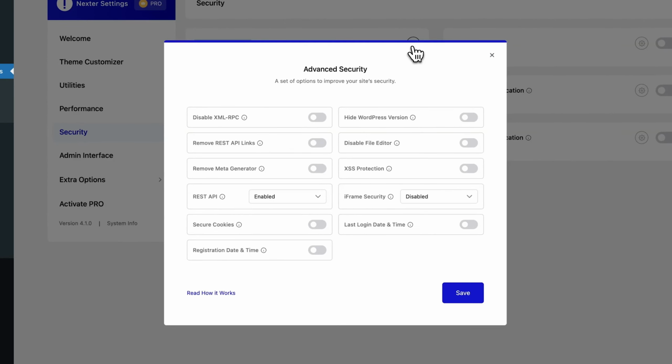Click this little gear icon next to advanced security and you will see a list of smart toggles that you can enable or disable, each one helping tighten things up behind the scenes. Now, here's what you can do with them. With Disable XML RPC, you can block old remote access methods that hackers love to exploit. Disable REST API locks down any unwanted external requests from poking around your site, and then comes Disable File Editor,